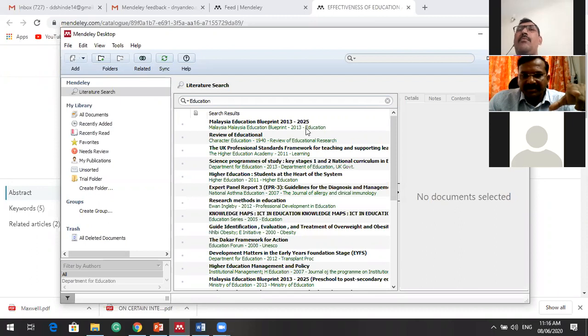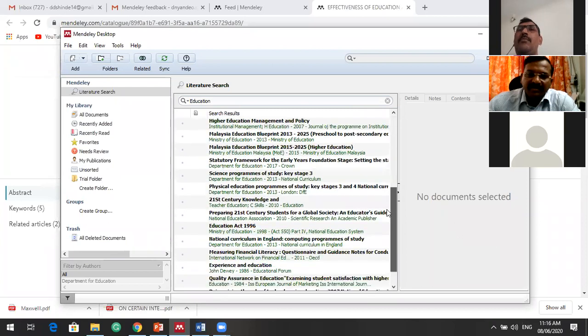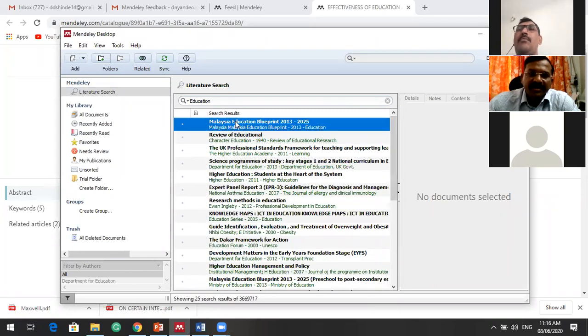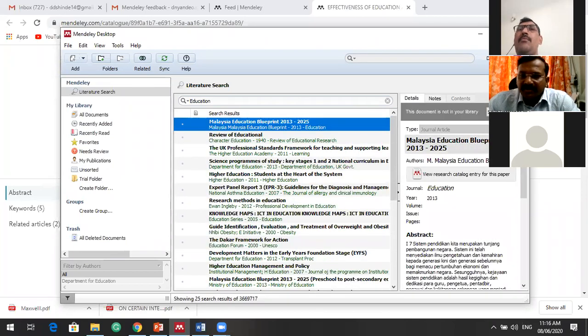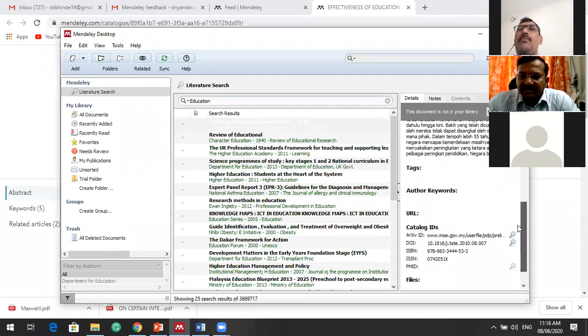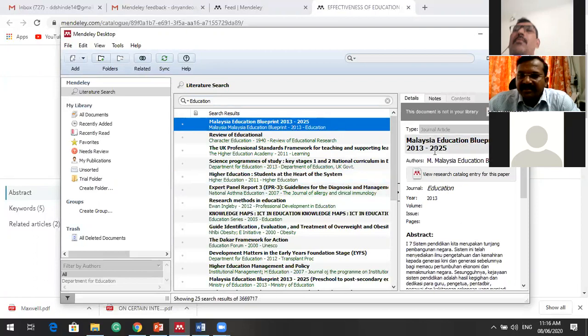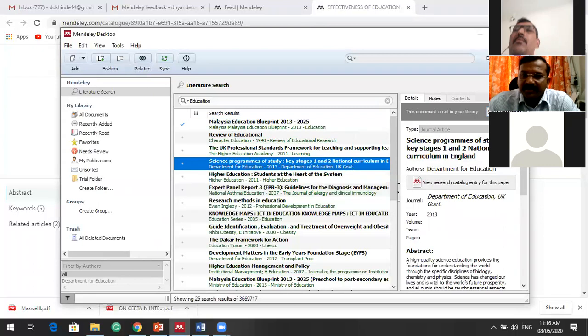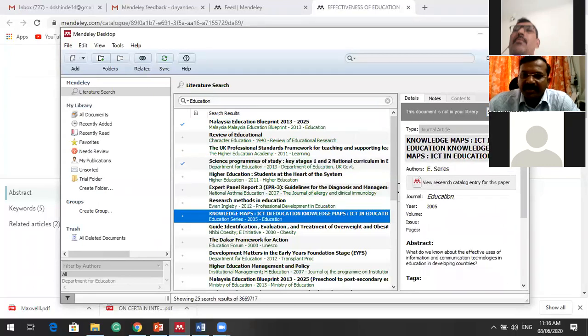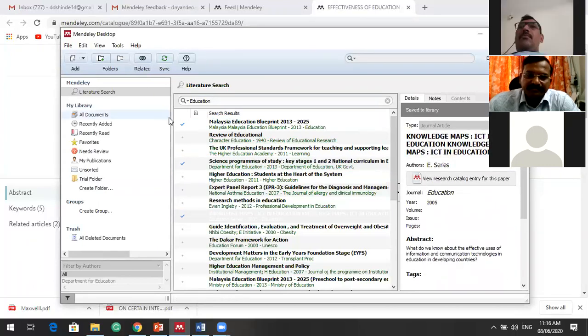So as I had told you, this Mendeley is now owned by Elsevier. So whatever the references are available in Mendeley, all will be highlighted here. All will be available related to that particular term. And then you can see the contents, you can read the abstract, and if you feel that this is good, you save the reference. Whatever are related to your topic, you go on saving it.